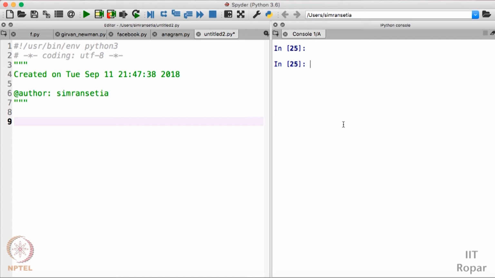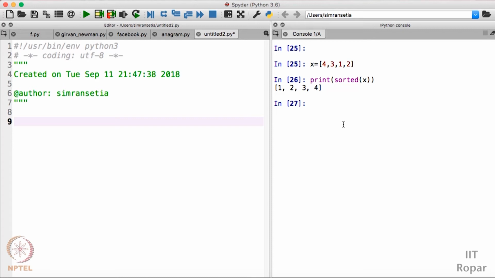So I'll show you how you can use the sorted function. For example, I have a list here named x of integer values, and the values present in this are not sorted. For example, they are 4, 3, 1, 2. Now if I write print sorted of x, see, it printed the sorted values in ascending order. So sorted function by default sorts the values present in a list in ascending order.